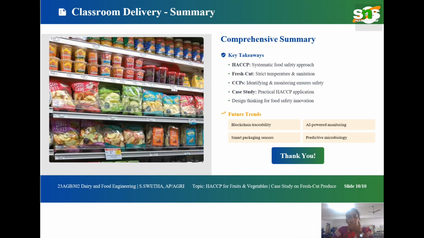The summary and key takeaways are: HACCP, how fresh-cut plays a vital role in temperature and sanitation. CCPs, identifying and monitoring ensures safety, case study and design thinking. Thank you for